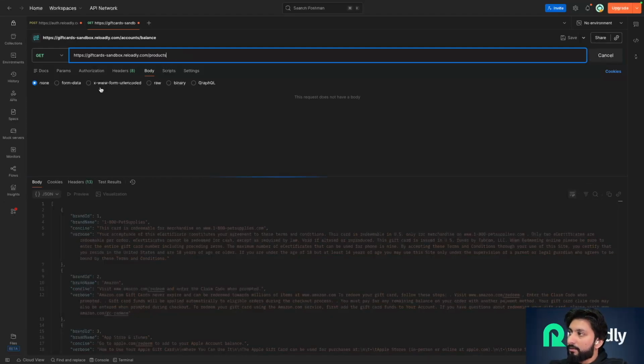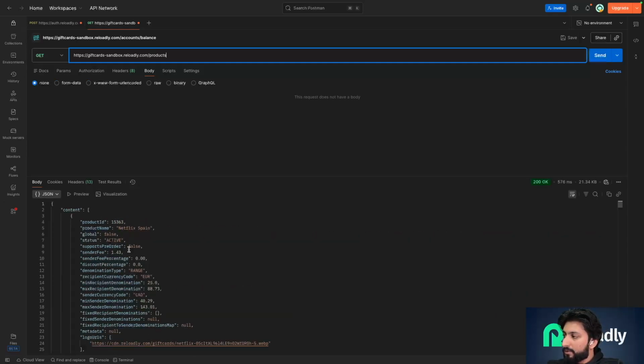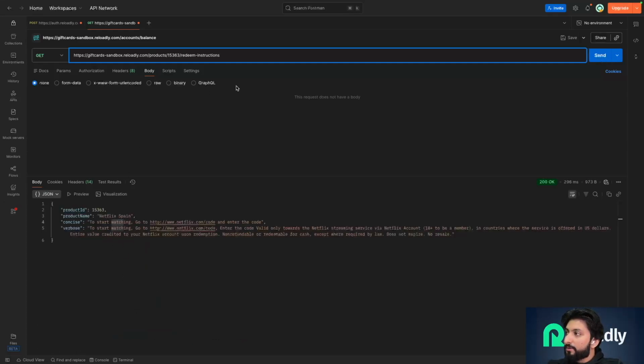So let me just go back to the products endpoint, and let's say I want to fetch the redeem instruction for this product. I'll copy the product ID. So the endpoint for that is /product/product ID/redeem-instructions, and that will give us the redeem instruction just for that particular product. So these are the three ways that we can fetch the redeem instructions. One is directly on each product we have the redeem instructions, and the other way is we have two API endpoints to get the redeem instruction for all the brands or to get a redeem instruction for a particular product. So next I'll jump into the code editor and we'll play with these endpoints and populate our database and